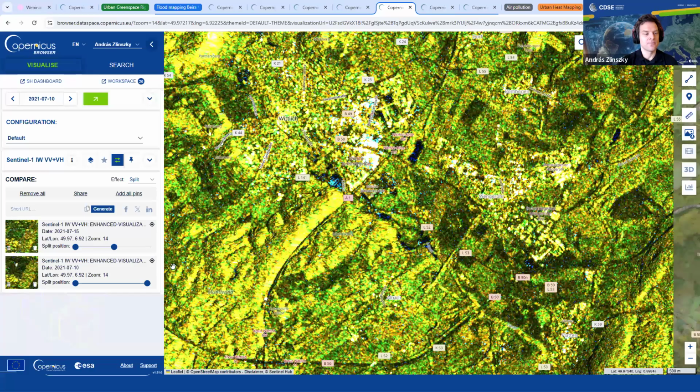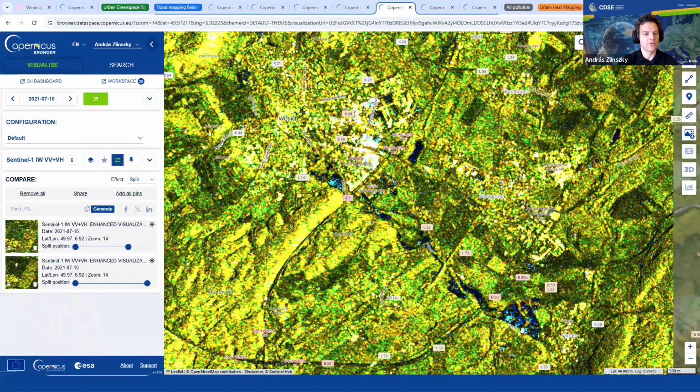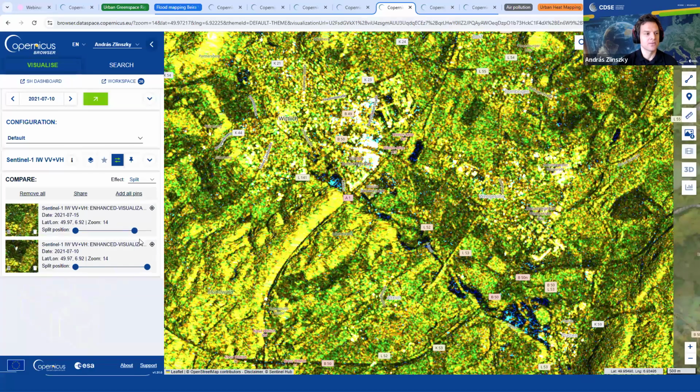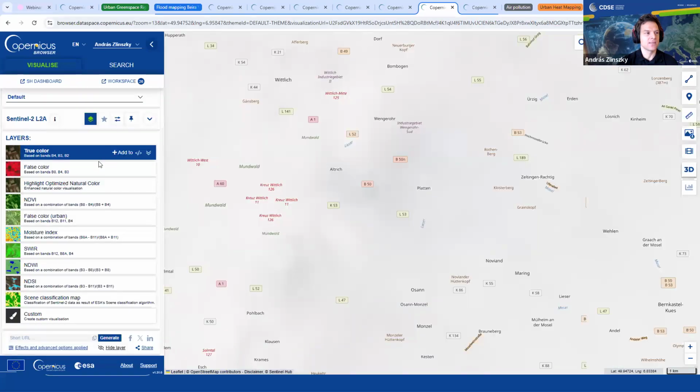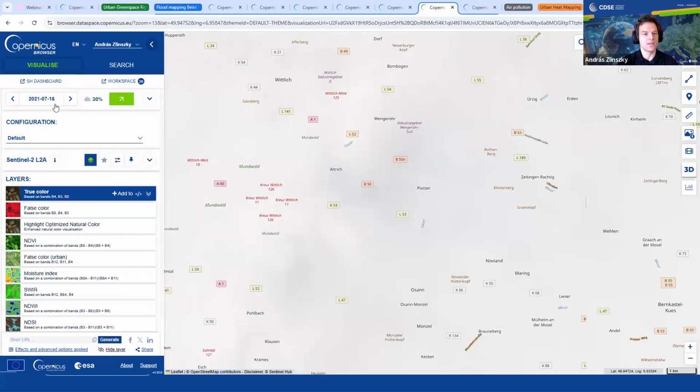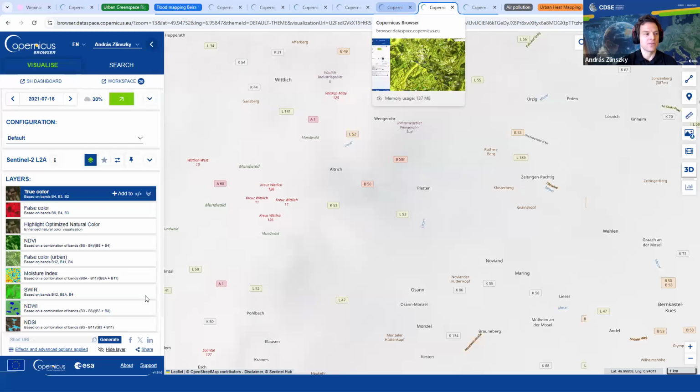We see the flood over here, right? So the dark blue areas here are the ones that are flooded. And the Sentinel-2 image from the 16th, from the nearest date, is completely cloudy. You don't see anything at all. This image is not useful for rescuing or for urban planning or anything. But this image here